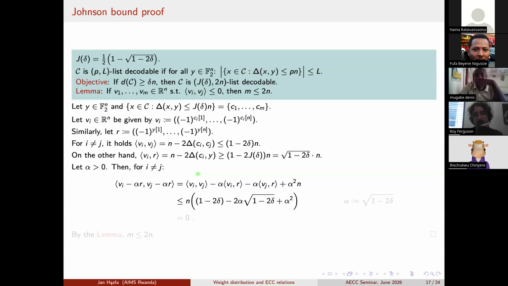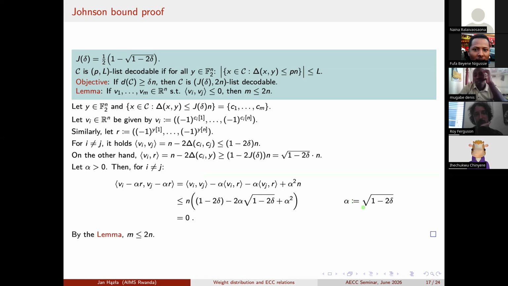And we substitute what we know already. So this is at most 1 minus 2 delta n. This is at least square root of 1 minus 2 delta, and these are two equivalent terms. So now I get minus 2 alpha square root 1 minus 2 delta, and here there is alpha squared. We can take n outside. And now if you just, I don't know, either look at it or solve the optimization, you see that now